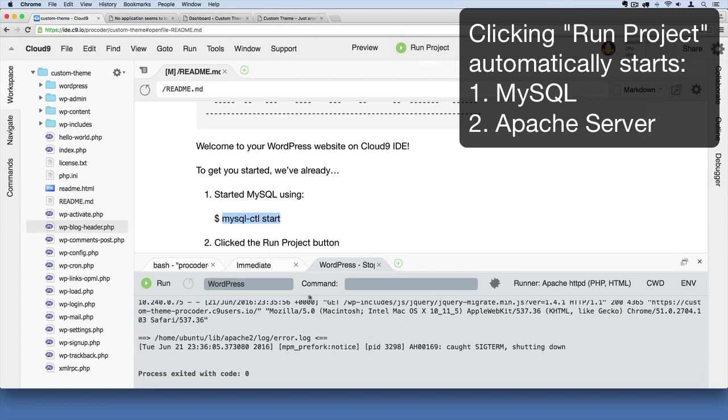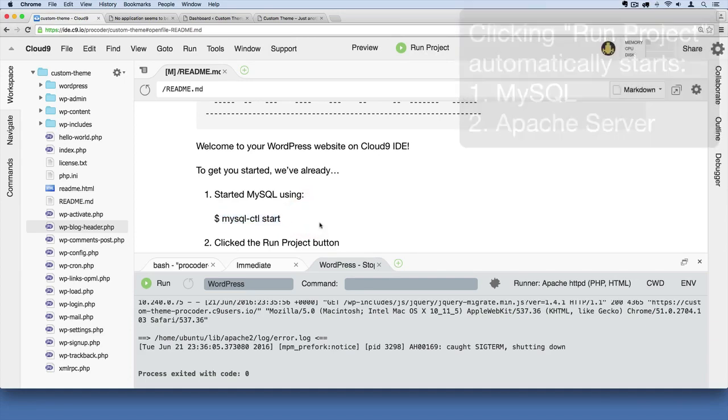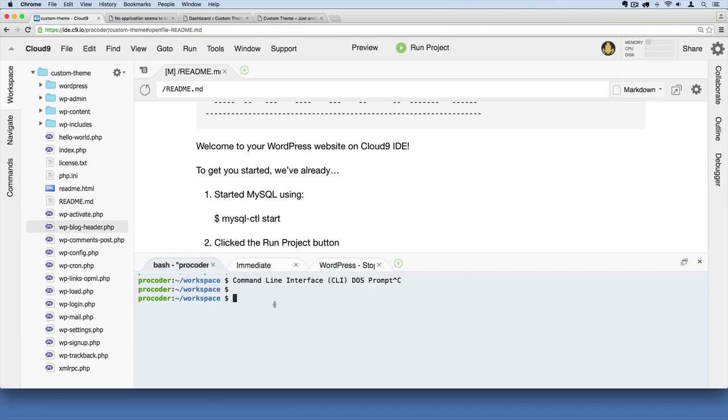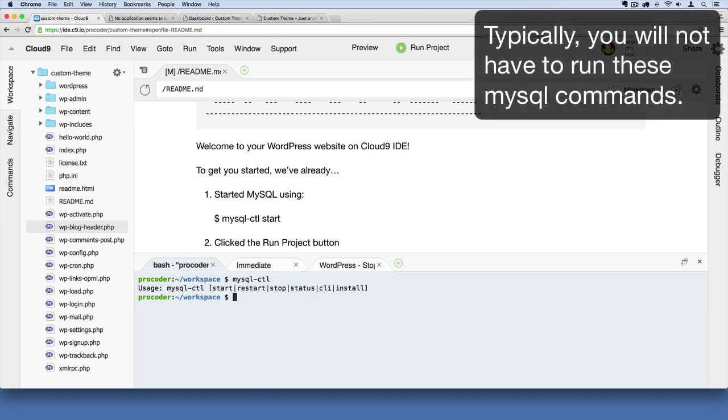Okay, but in the very rare instance that you notice your database isn't running whenever you start this up, you can go over here to your terminal and type mysql-ctl and then hit enter, and you'll see you've got some options here. This is your MySQL control. You've got some options, and you can just say